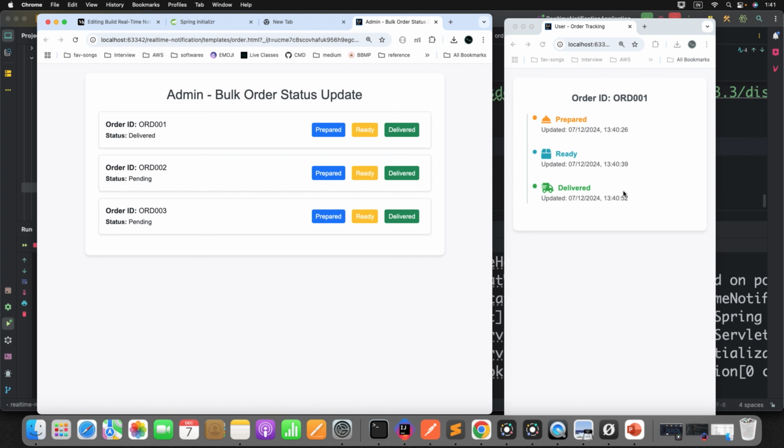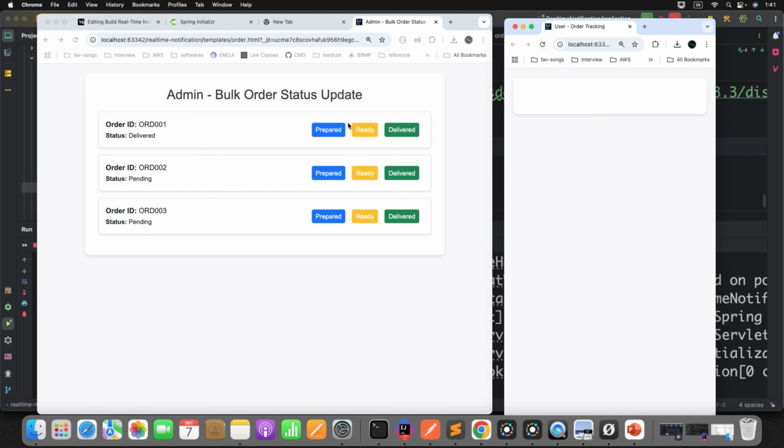Now you can also track the delivery status. That is a different story. I don't want to jump into that. Okay, now just refresh it. Just try for order 2, prepared, ready,